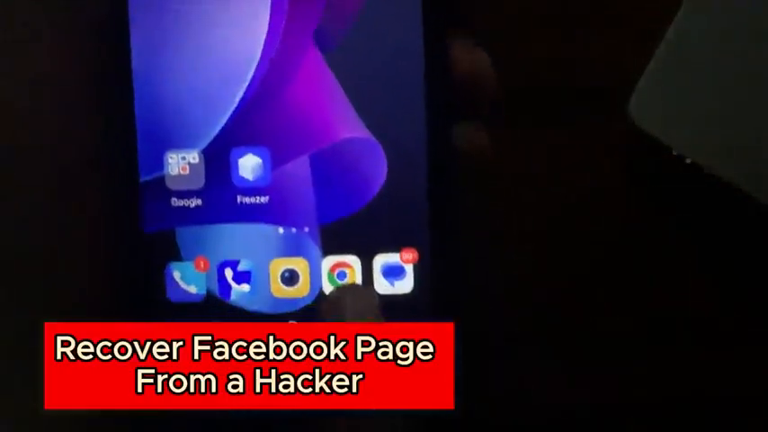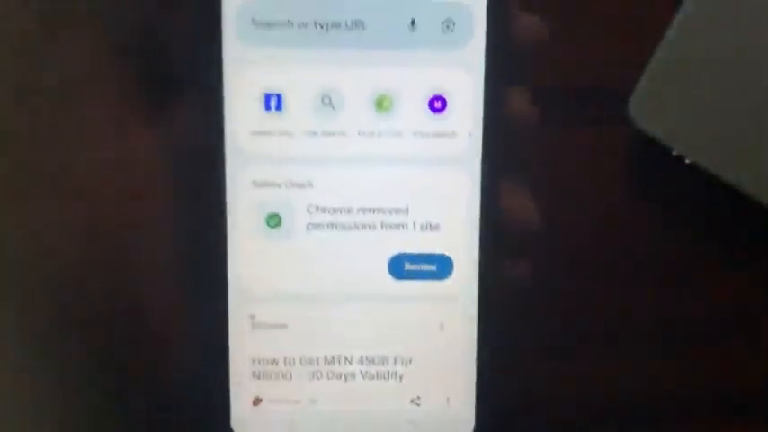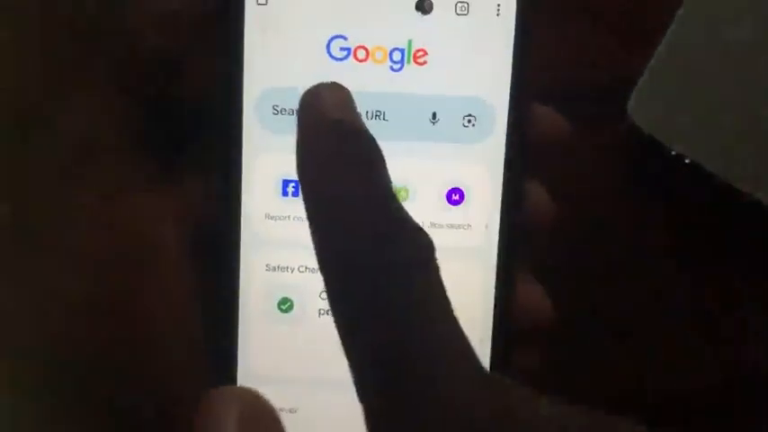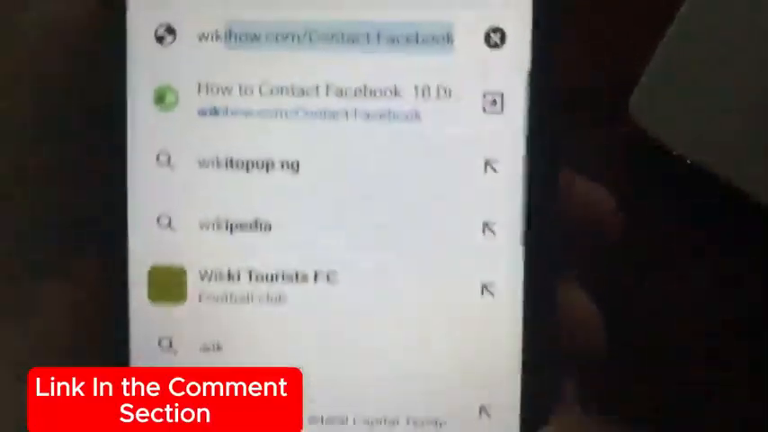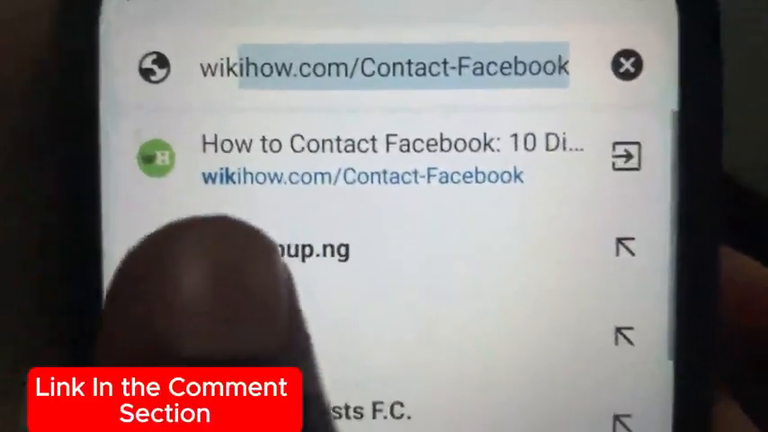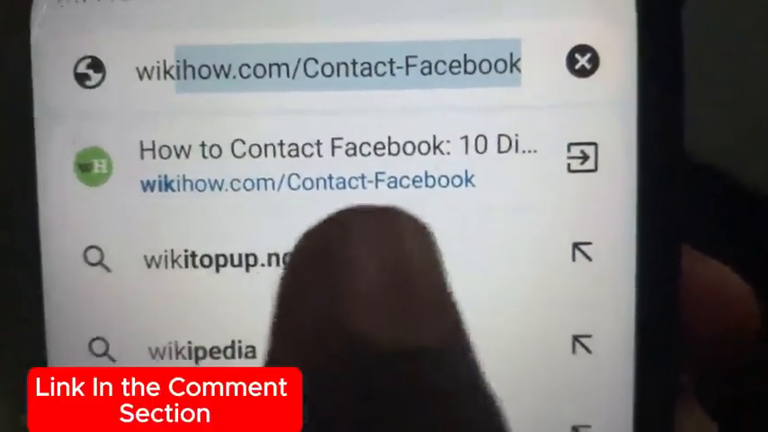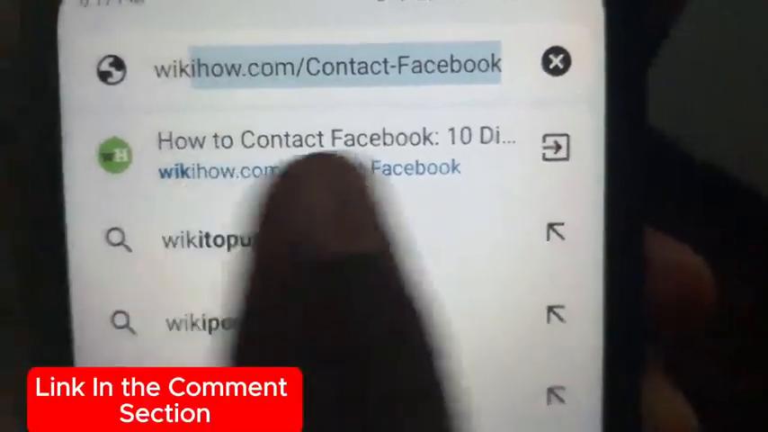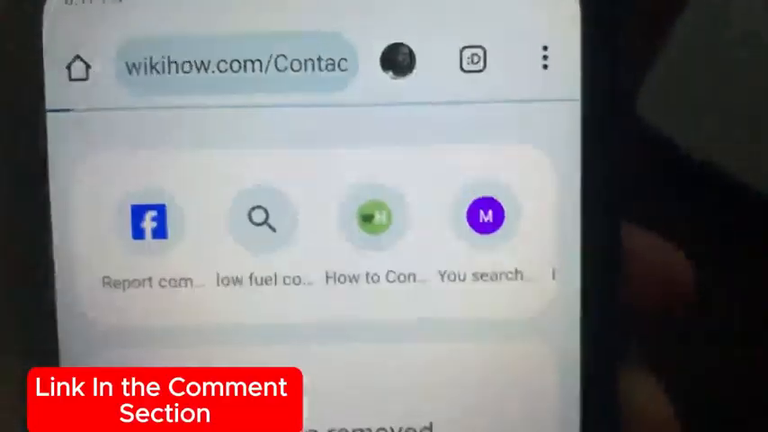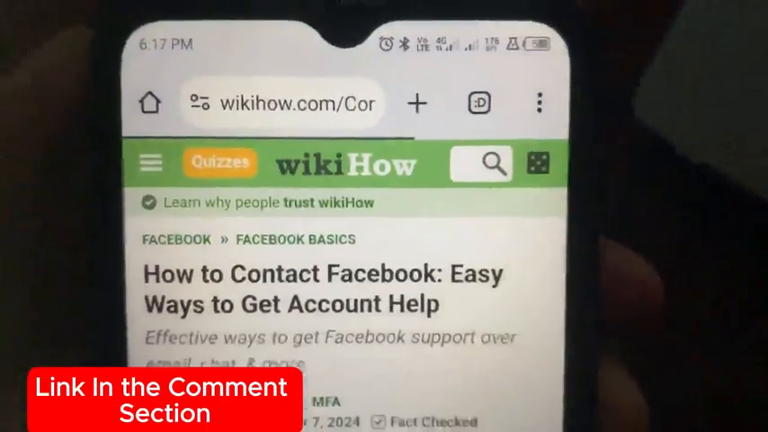First of all, go ahead and open up your browser. After you open any browser that you are using, tap on the search. After you tap on the search, go to this website, wikiHow. So here is the link of the website, as you can see now, wikihow.com/contact-facebook. So go ahead and tap on the link of the website that I will give you in the comment